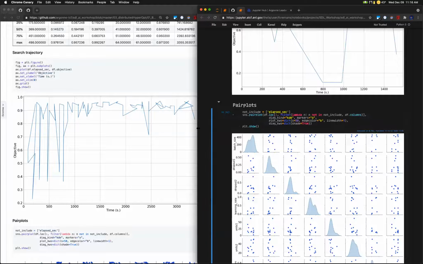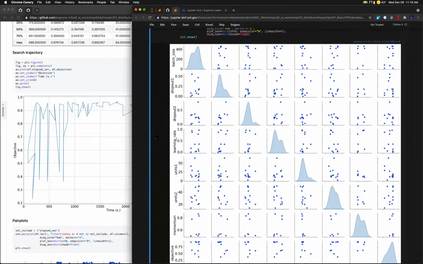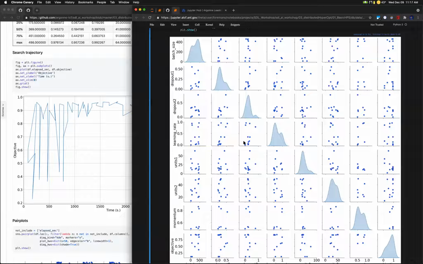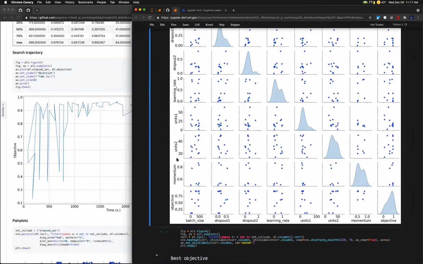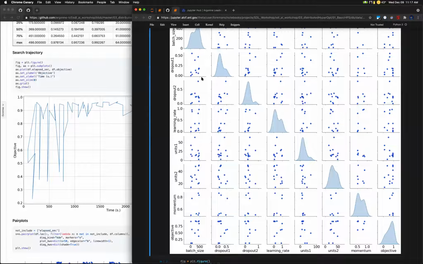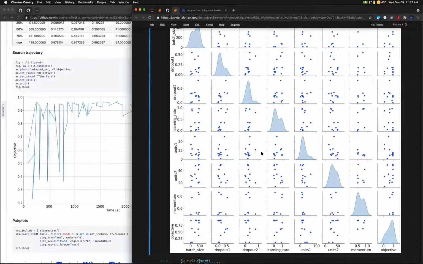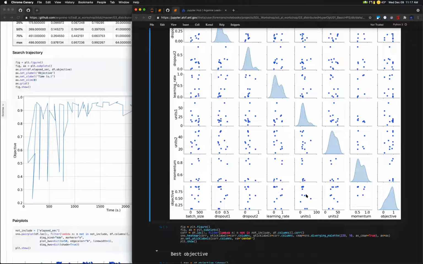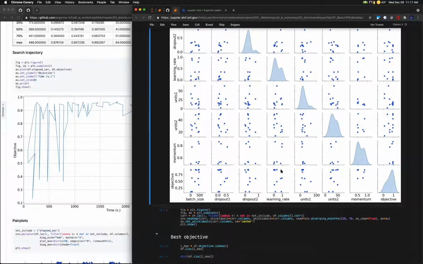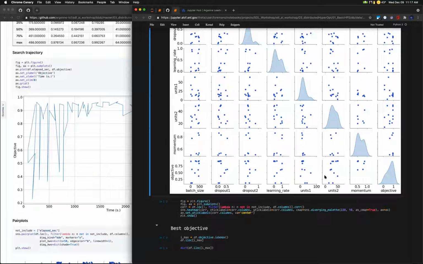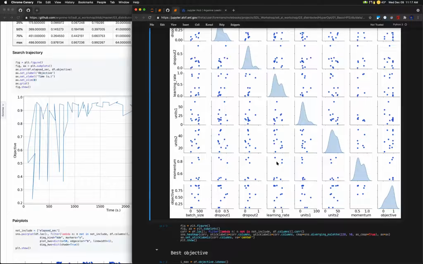And so this is a pair plot showing each of the different hyperparameters and how they are related to one another. Since this hyperparameter search wasn't particularly good, the data isn't great, but one easy thing that you can see is